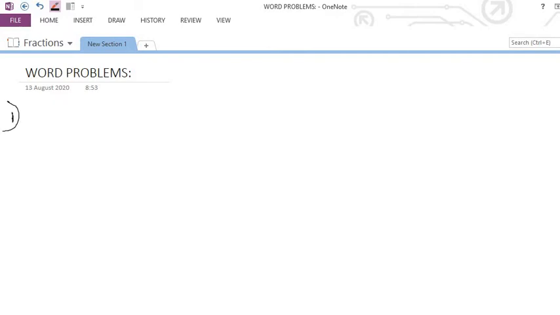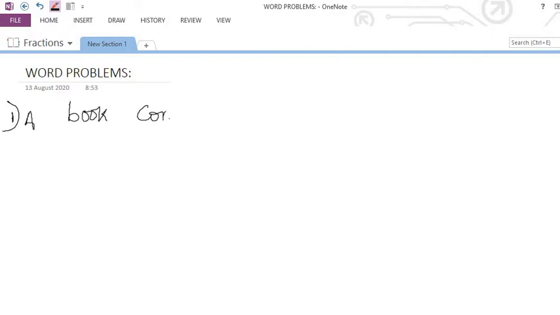A book contains 150 pages. A girl read 45 pages and 25 pages in 2 consecutive days. What fraction of the total pages did she read? See, they are saying that one book is there. In that book, a total of 150 pages are there. So, one girl, what did she do? One day she read 45 pages and the other day she read 25 pages. Now they are asking what fraction of pages did the girl read? So, first let me write the question and then we will solve.